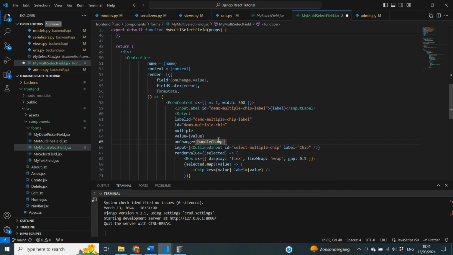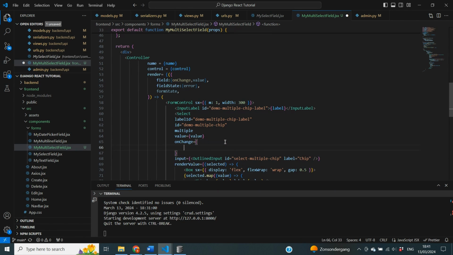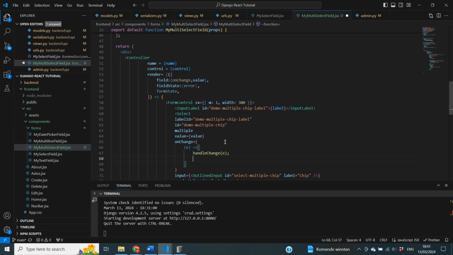Next, we need to slightly change our onChange statement. We're going to just delete the handleChange and make it a little bit bigger. Inside of there, we're going to start with some round brackets and then an e, and then we're going to do an arrow function like this. Inside of the arrow function, we are going to put some curly brackets. In there, we state that handleChange needs to be equal to e, and then we also want to do onChange